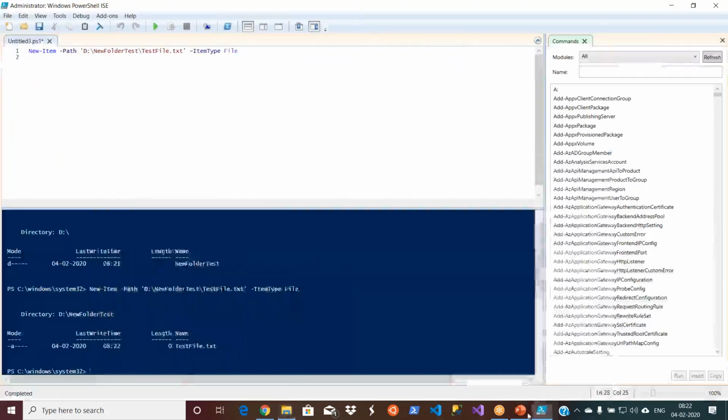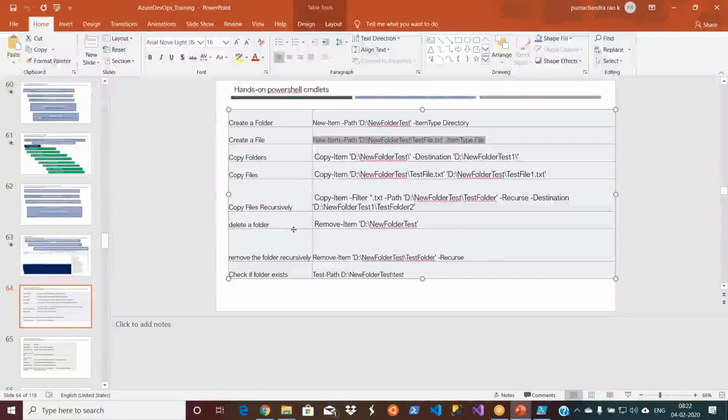In the same way, you have other commands like copy commands, and then you can delete folders. Right now I created an empty file. I need to add some content as well, so we have commands for that too. I will show it in the next slides. Okay, let's execute it. The other typical thing is you copy folders from one location to another location, or from one folder to another folder. So let's take this one.